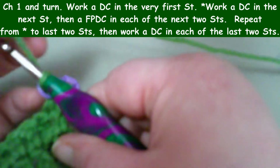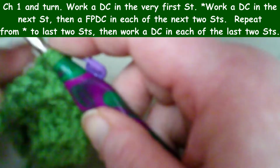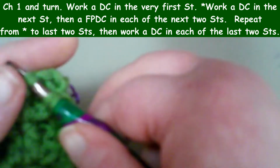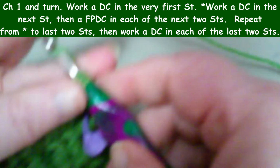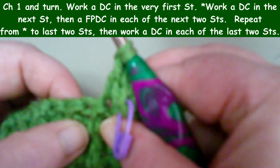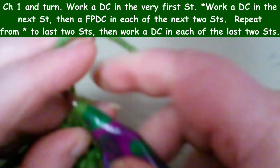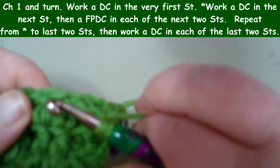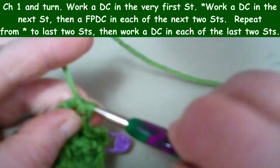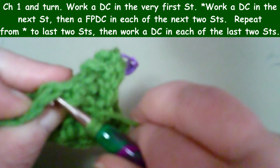Okay, so we're doing a double crochet in the first stitch. Okay, now we're going to do another double crochet in the second. Okay, so the next 2 stitches we're going to do a front post double crochet. So that's your first one, and here's your second front post double crochet. Okay, so now you're going to do 1 double crochet in the next stitch,